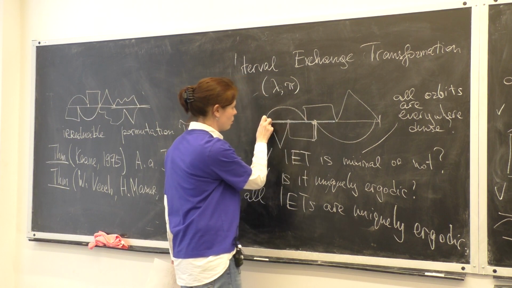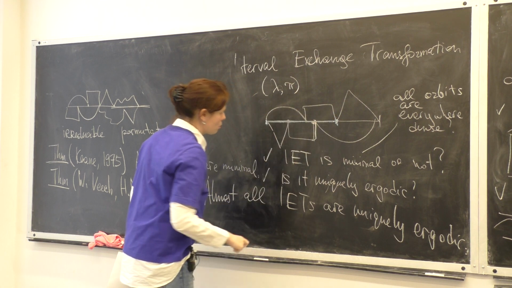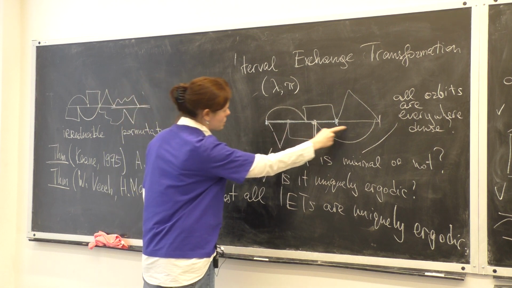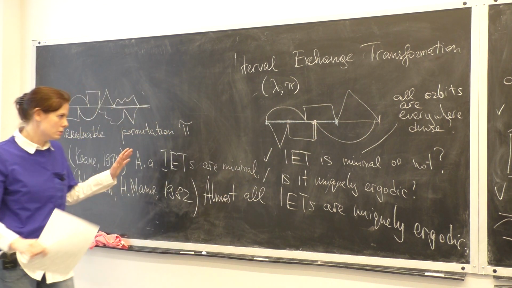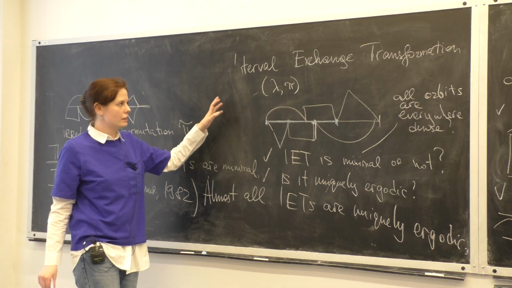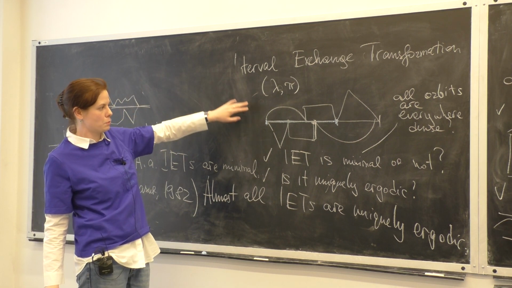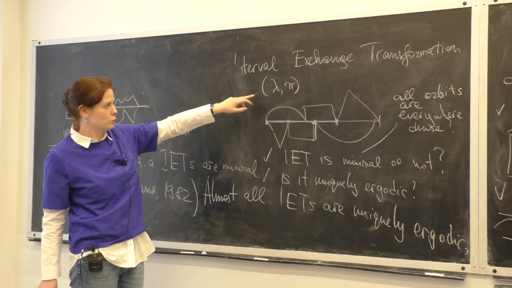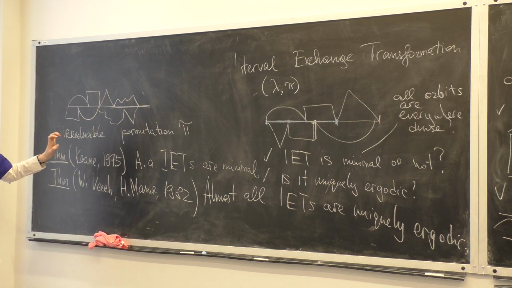You look at the longest possible subinterval that has as ends your singular points, which is different from the original one, and you consider the first return map. I'm not going to discuss all the details, but you can check that if you had an irreducible permutation, you will have another interval exchange transformation as an induced map. And if you started from an irreducible permutation, you will go again to an irreducible one.